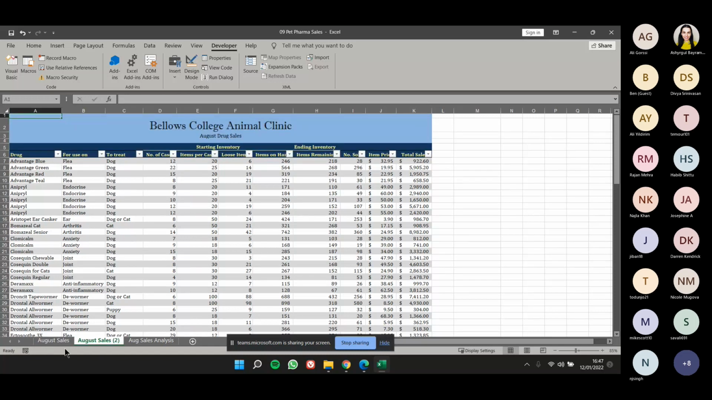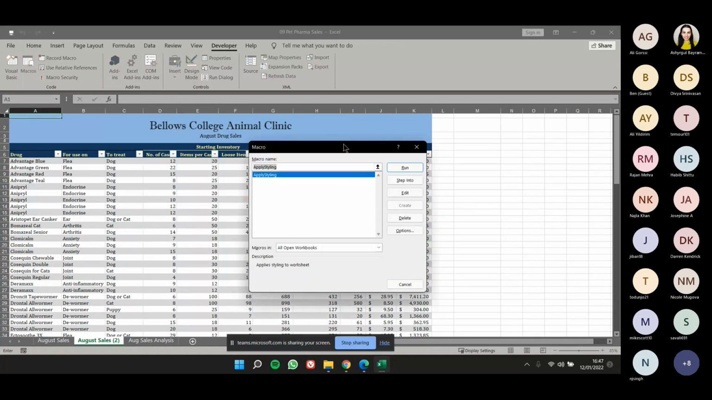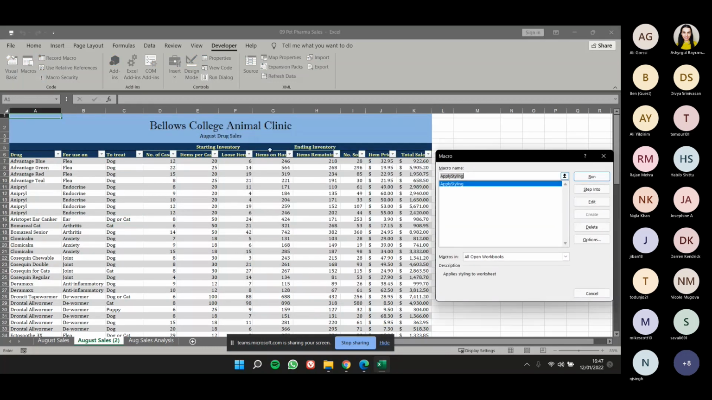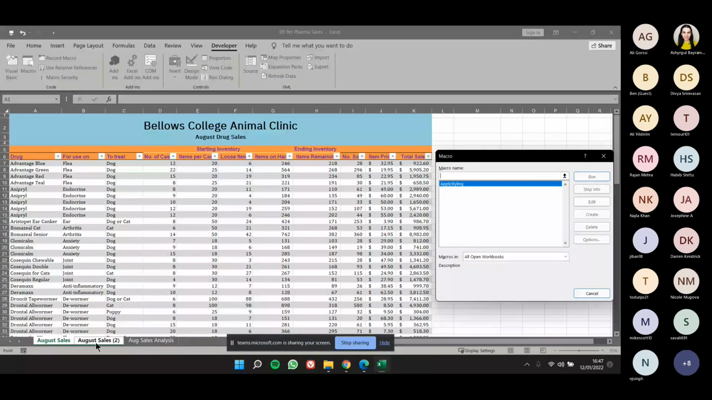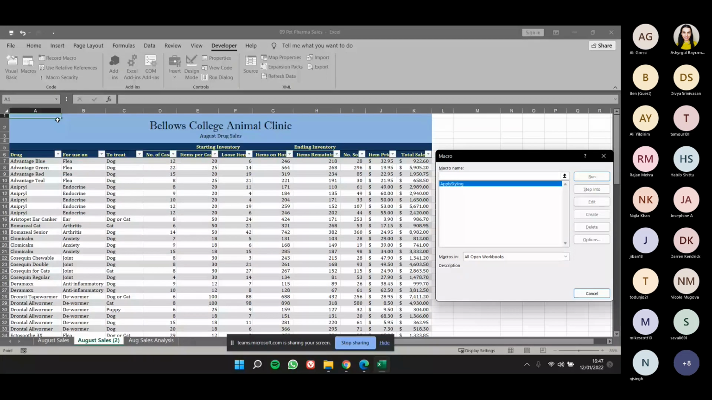So if you remember previously, I copied this August sales worksheet here as well. For reference, you notice this one has our previous styling that we had originally. So what I can do is I can simply click on macro. And if you pay attention to here, remember that in the August sales one, we applied styling here. So if we go back to this worksheet, and if we select our applying styling macro, and if we click run,